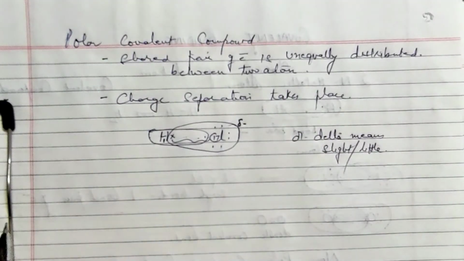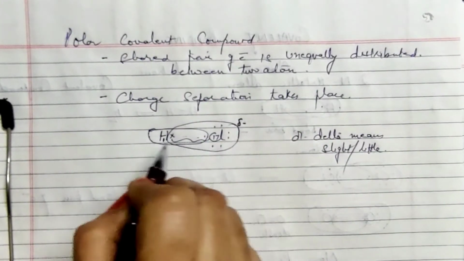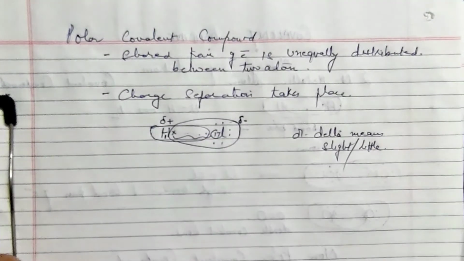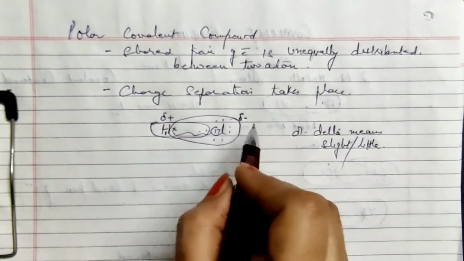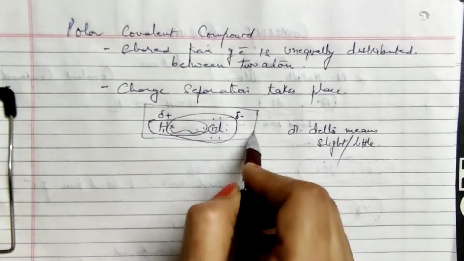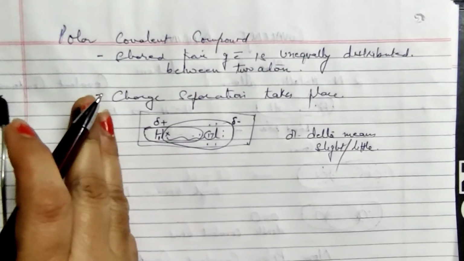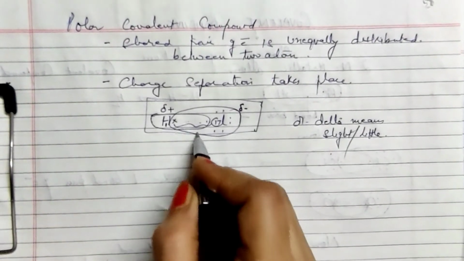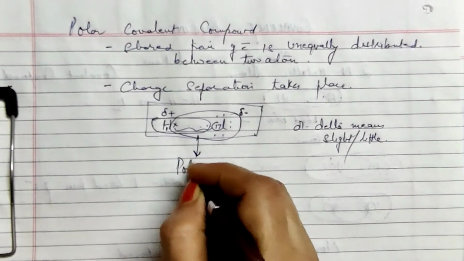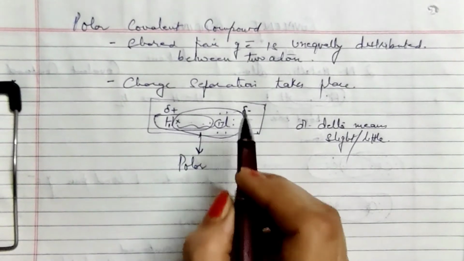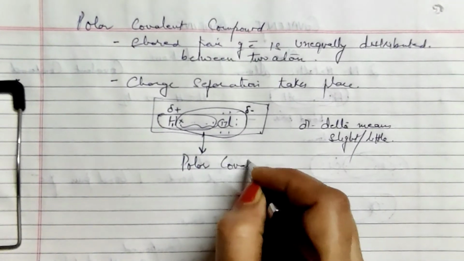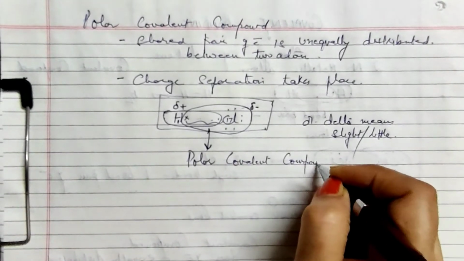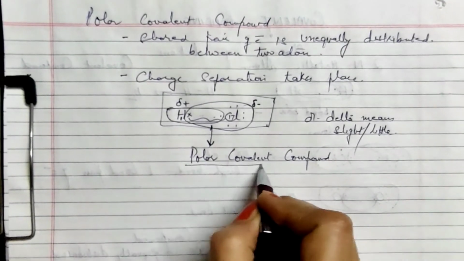Now since the entire electron cloud or the negative charge has moved towards chlorine, this develops a slight positive charge over it. So in spite of sharing within the molecule, we have a charge separation. One pole a little positively charged, another pole a little negatively charged. So this is what leads to the formation of a polar covalent compound. Polar means two poles, positive pole, negative pole, and covalent because the compound is formed by sharing of electrons, and compound because it has more than one atom combining. So it is a polar covalent compound.